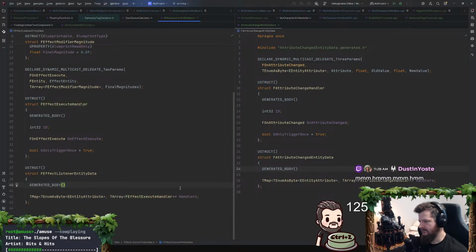I guess it's kind of annoying that maybe damage should be a special one, just to make it a bit more efficient. I would still need the final magnitude, but having a general effect listener execute thingo. And I guess I would want to subscribe by, in that case, if I wanted to just do some VFX for when a DOT gets triggered or something.